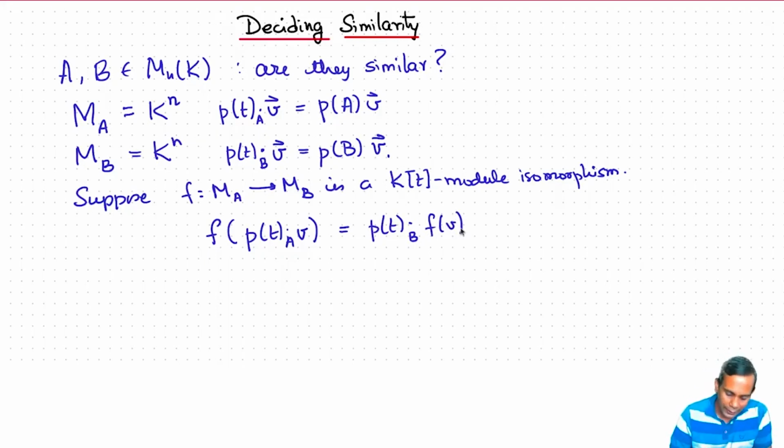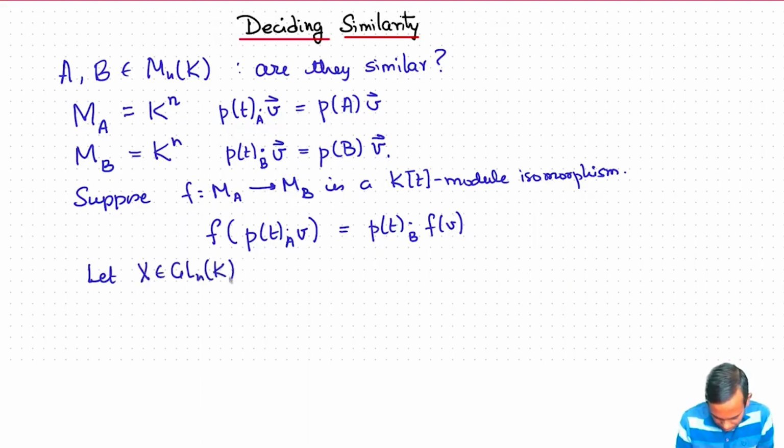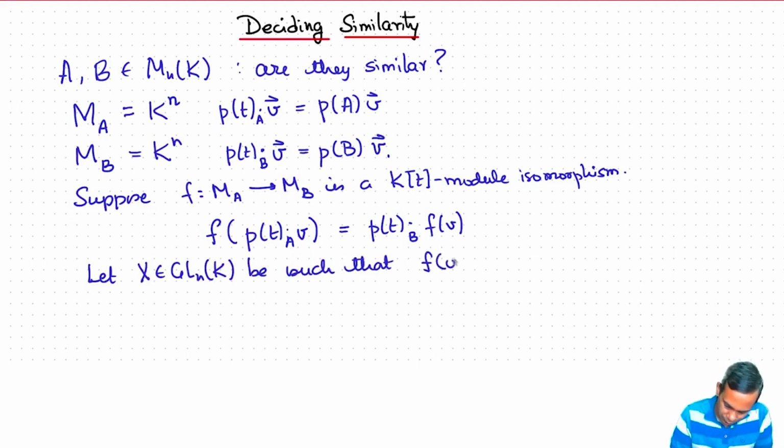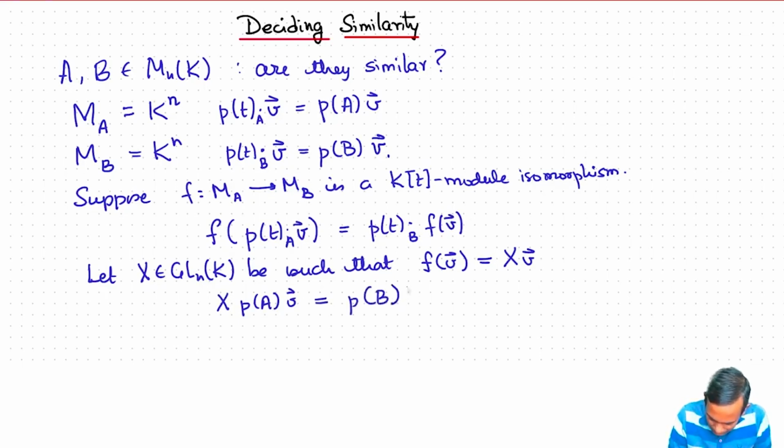Okay. Now f is just a linear map from K^n to K^n, so we should be able to write it as a matrix. So suppose we have that f(v) equals Xv for some matrix X, and this has to be invertible because f is an isomorphism. Then this equation here, P(T) dot_A v is P(A)v, becomes X P(A) v equal to P(B) X v, or we can rewrite this as X P(A) X inverse